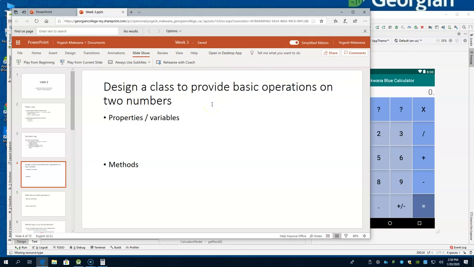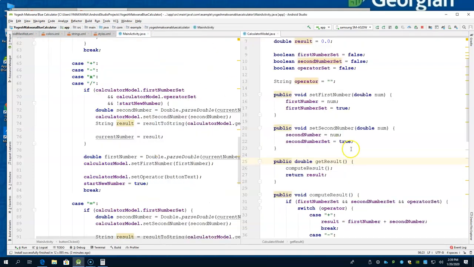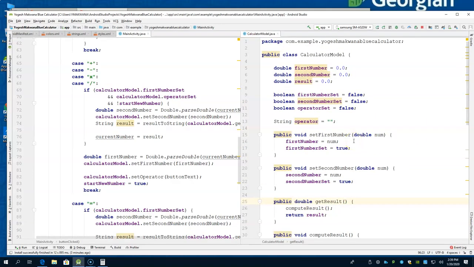This was your glimpse into how to work with model view controller. So there is a very nice separation of the code logic. Your model class, the calculator model, is doing